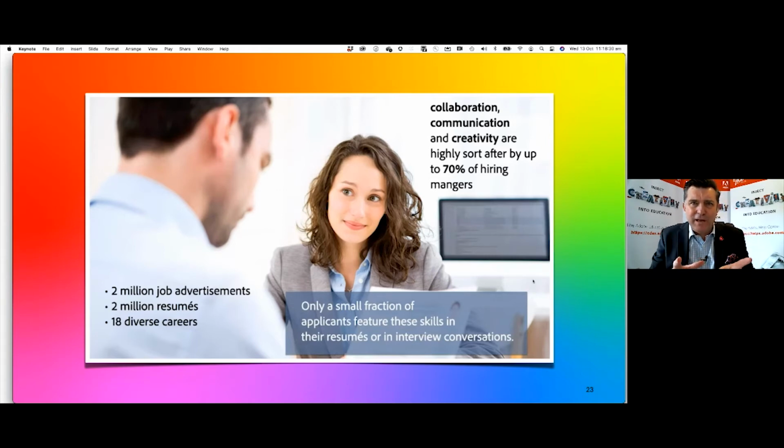So when you do get a job interview situation happening for you, try to share those soft skills that you're developing now as a young person. Develop your creativity skills and share them at that opportunity, because you'll find you'll jump up ahead of other people who are just not doing that.